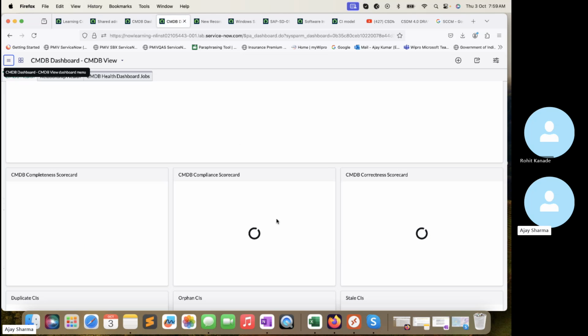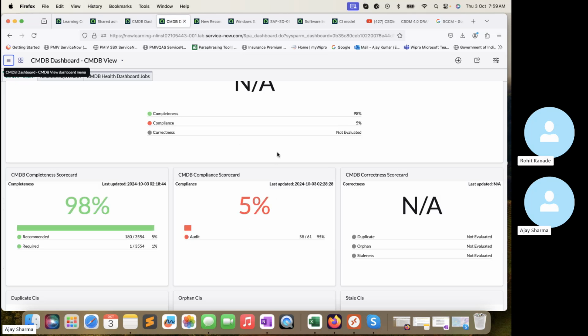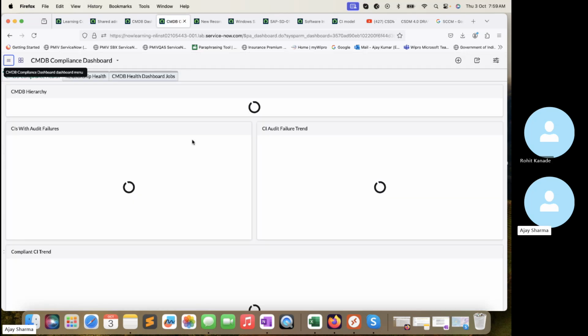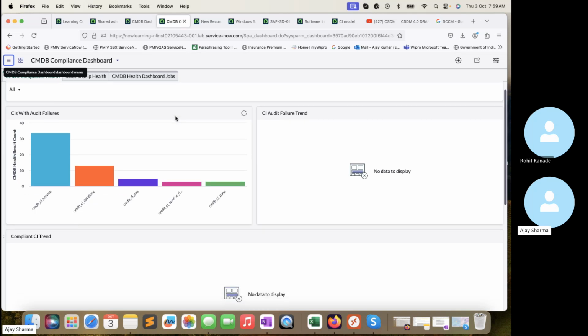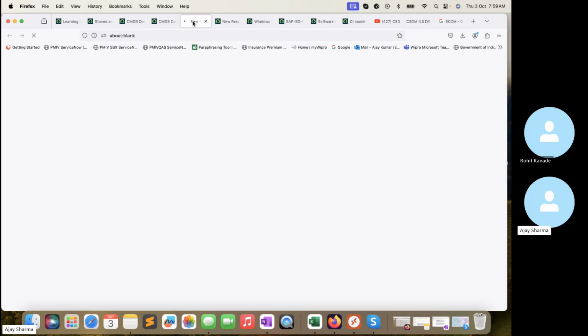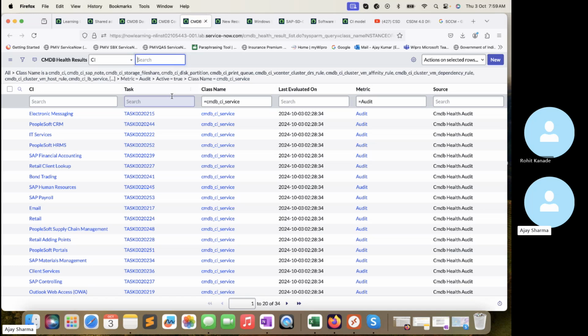So I think it's updating, and it's showcasing 5%, and it is in red now. Because it's not the correct data, I'm definitely sure, because I chose only on by, and you can see there are these 5 CIs. Let me open this one. So we have 34 CIs which belong to the service table. If I open this one,